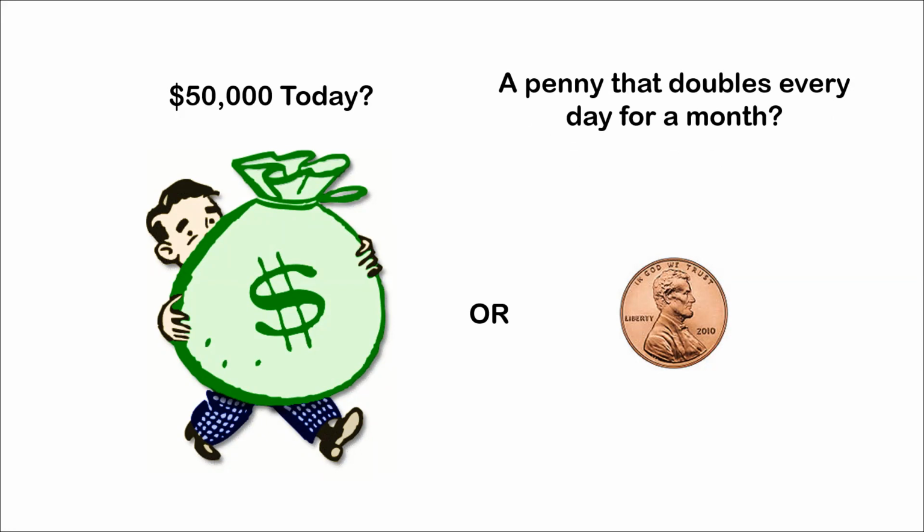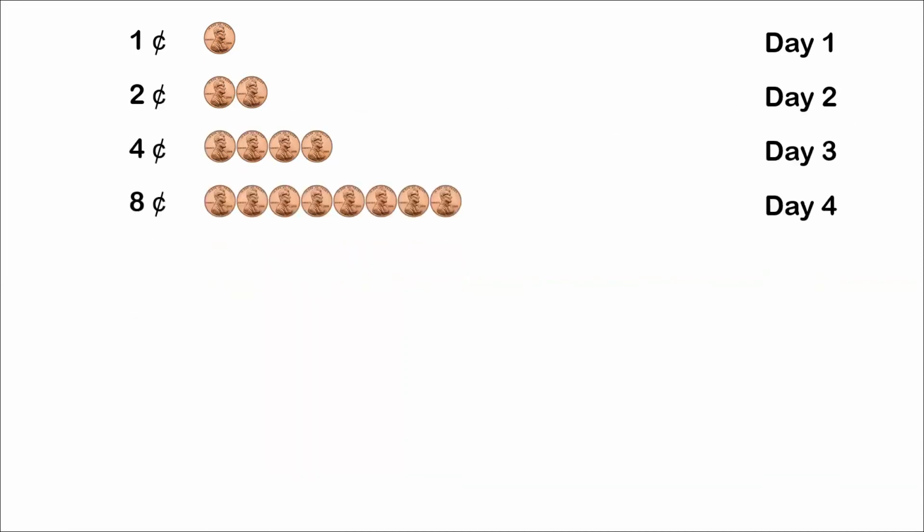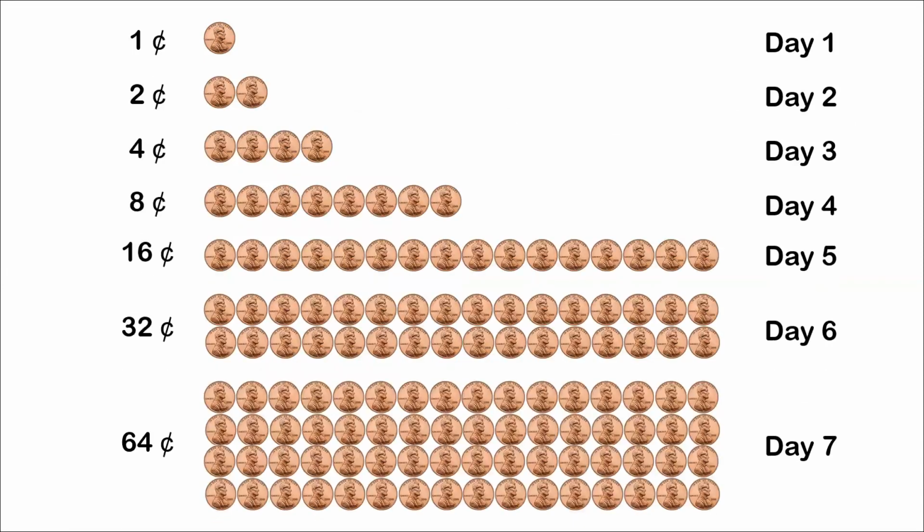I do an electronic deposit into your account, 50 grand, it's up and running. If we do the penny, don't forget there is some involvement, right? You have to be active to make this penny double. But if you double it every day, at the end of a week, you'll have a whopping 64 cents. So you might say to yourself, oh crap, I should have taken the $50,000, because I just put in a week of my life focusing on the strategy to double this, and I got 64 cents.